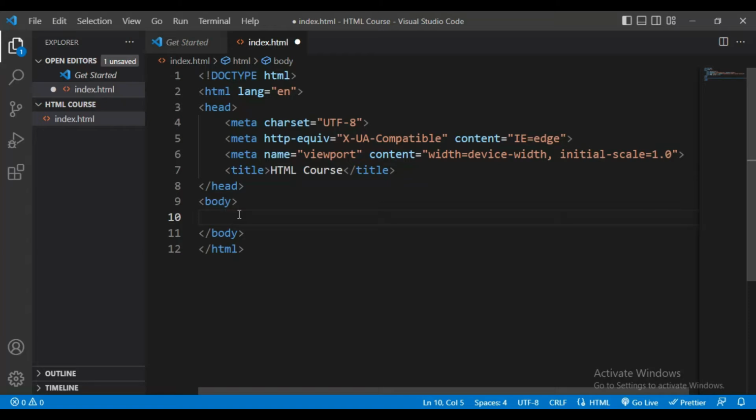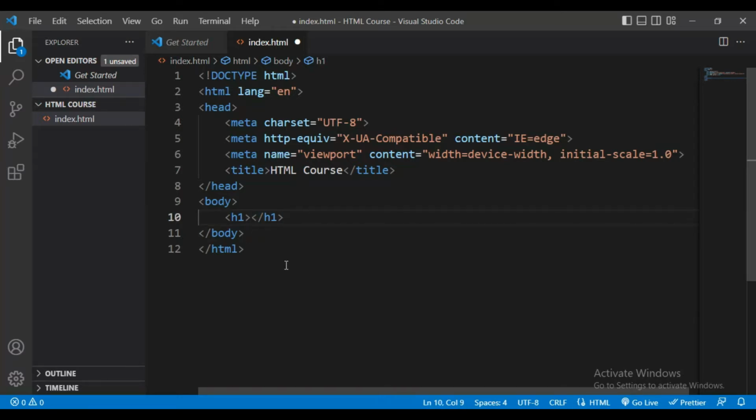Inside the body tag we have all the content of our web page. This tag represents the document's body, which keeps other HTML tags like heading tags and paragraphs. For example, we will write H1 and I will press the tab button. It will automatically complete the ending tag with the help of the Emmet extension.